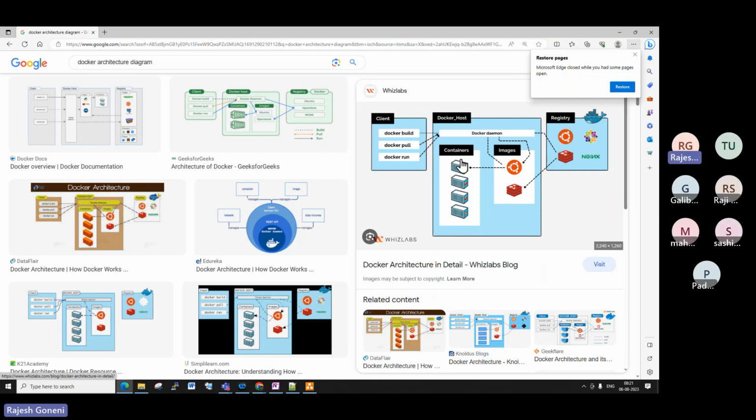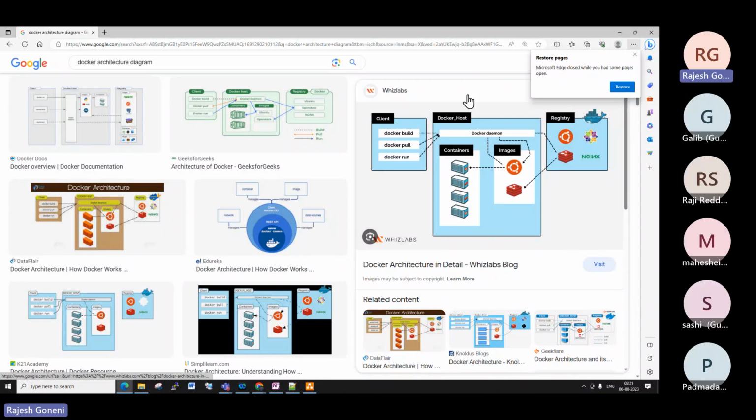Now, this complete Docker host is single. That's fine. If you have multiple Docker hosts, we can manage it. But if you have a huge number of Docker hosts in your environment, with multiple Docker containers also, managing the multiple Docker containers is a very tough job. Okay, so guys,